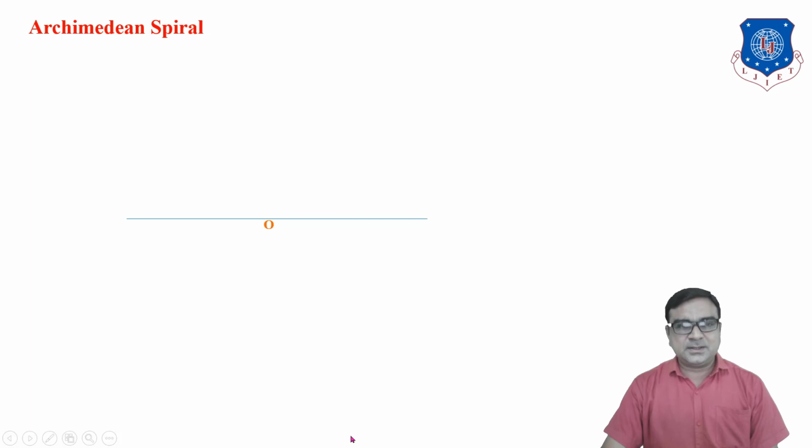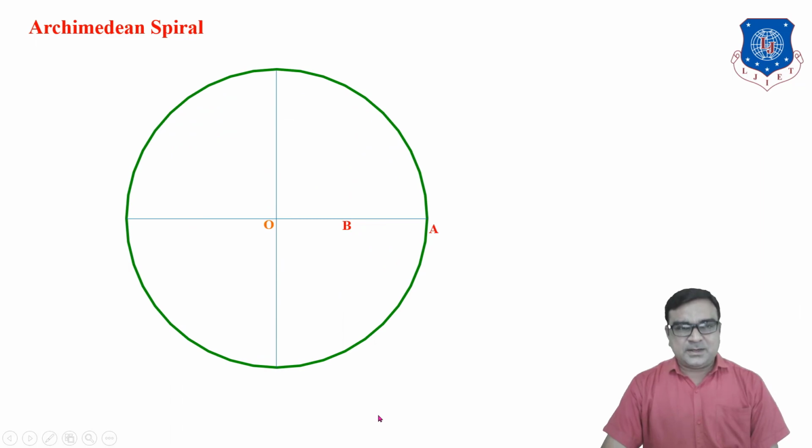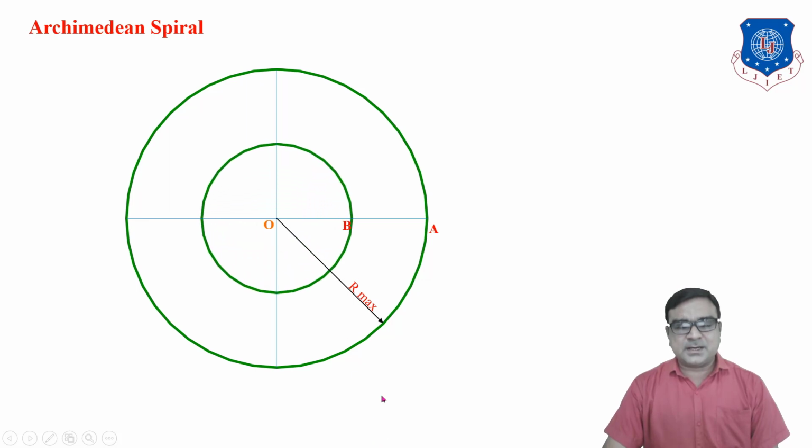So start by taking a horizontal line. This is one center point O. Take OA and OB distance, which is 120 and 60 mm. Locate A and B. Draw a vertical line from O. Now draw two circles here, which are concentric circles, center O. One circle of radius OA, 120 mm, which is R maximum, and another circle of R minimum, means minimum radii 60 mm.